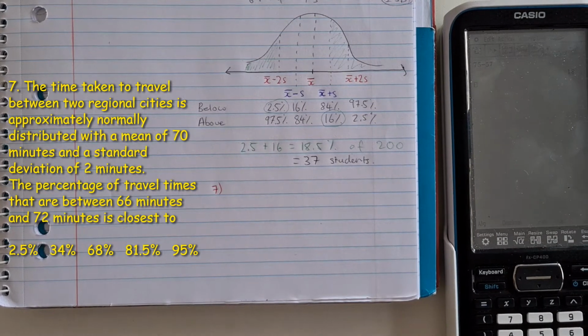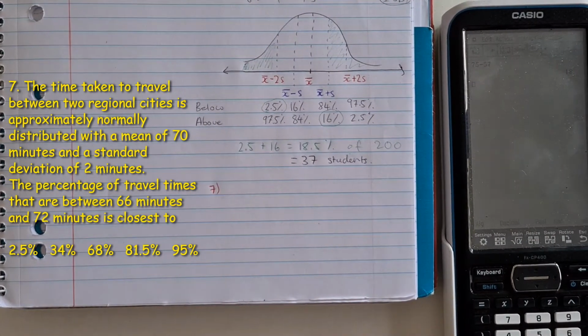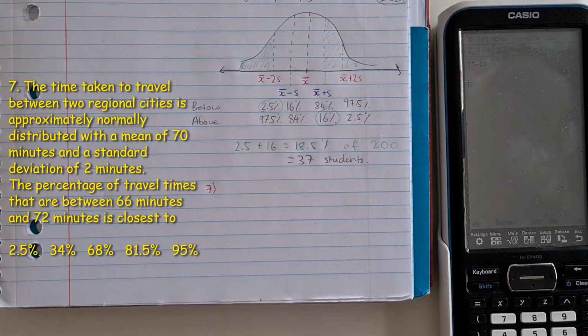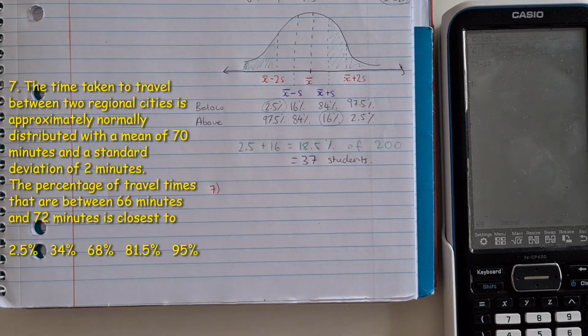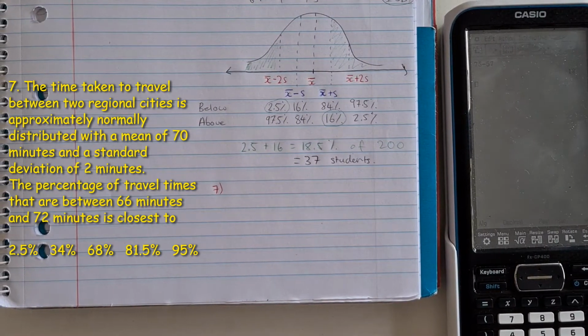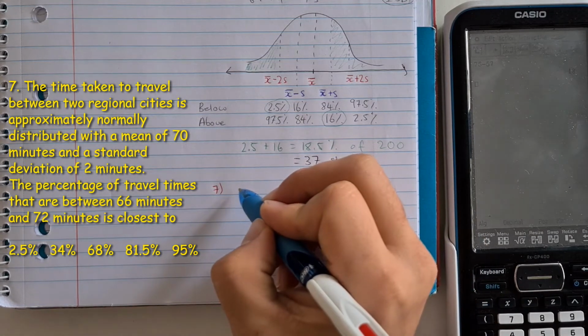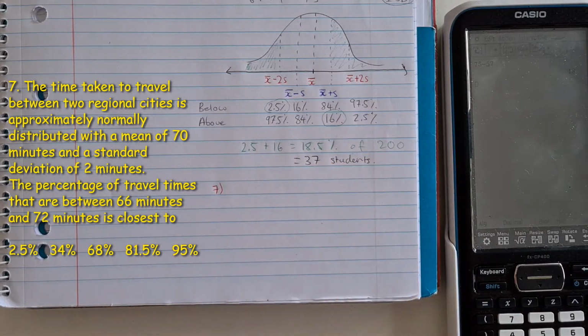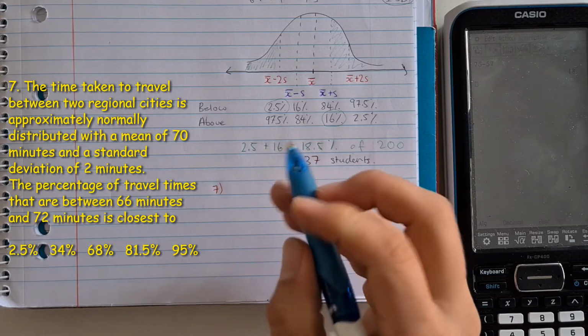Question 7 says, the time taken to travel between two regional cities is approximately normally distributed with a mean of 70 minutes and a standard deviation of 2 minutes. What is the percentage of travel times that are between 66 minutes and 72 minutes? So if we use the same method we did in question 3,